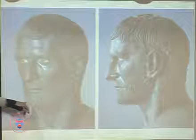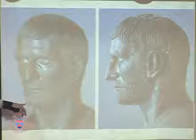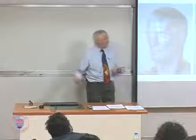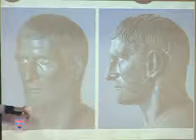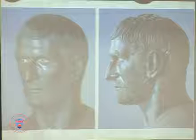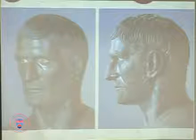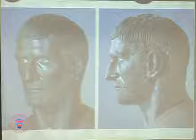Romans didn't wear beards after about the 3rd century. Etruscans were more likely to have beards than Romans. Some Romans did during a period of mourning after a relative or a friend had died. But if we use the beard as dating evidence, if it's Roman, then it should be sometime no later than the 3rd century. It could have been made in the 4th century. The problem is here, though,